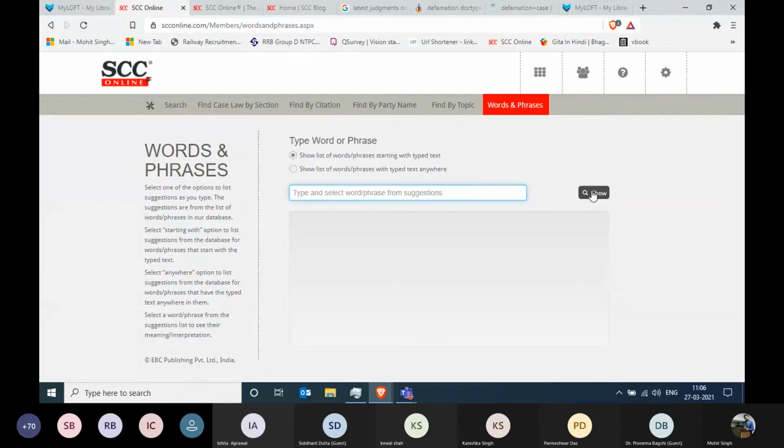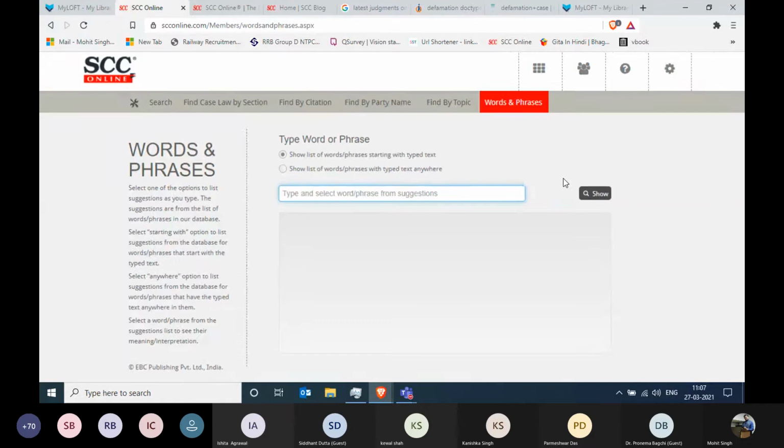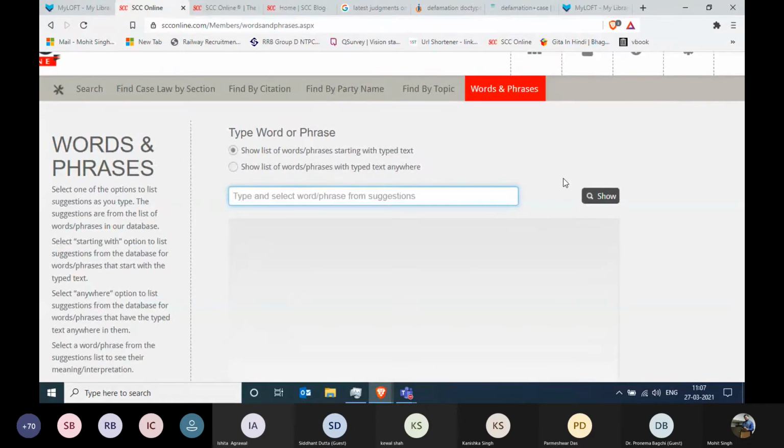The information can come from various sources, right? However, in your fraternity students, please remember the authenticity of an information is a must, right? So whenever you're getting some information from any XYZ website, you need to verify from where that information is coming from. You cannot just cite any false information in the court. All right, having said that, you quickly wanted to know any particular meaning of a word.